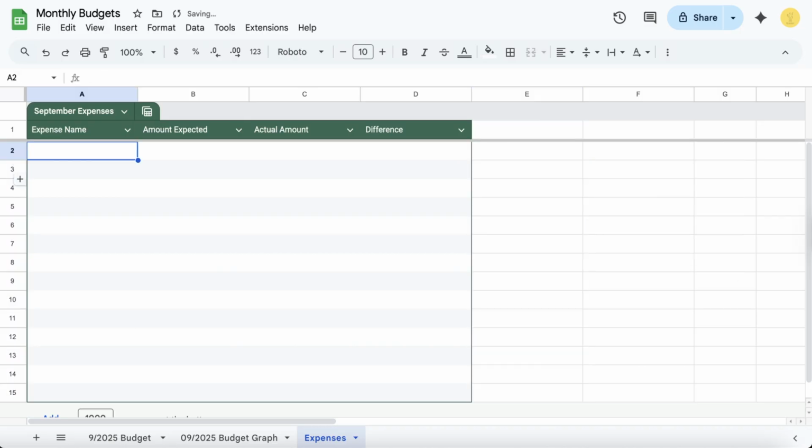So some expenses, we're going to do rent. Let's say you have a savings account. We can do retirement if you're putting away for that. We can do laundry. I'm going to hit laundromat. I'm going to type in cleaning supplies. Cleaning supplies, light bill. I'm going to type in life insurance,